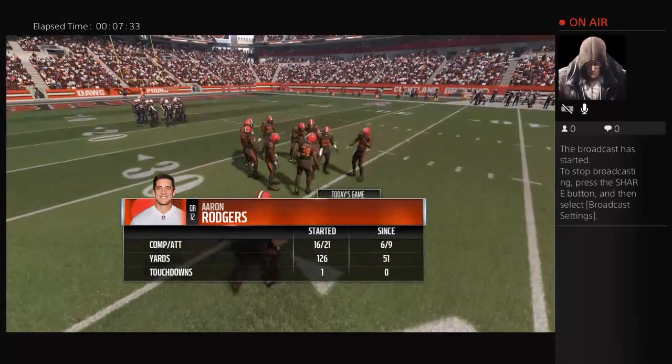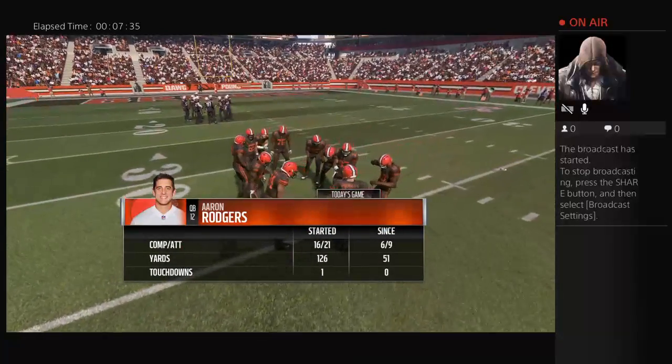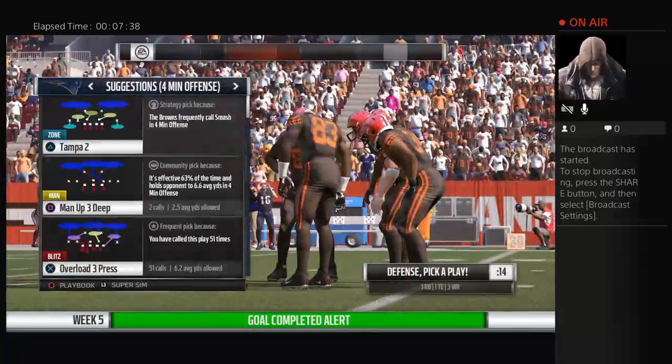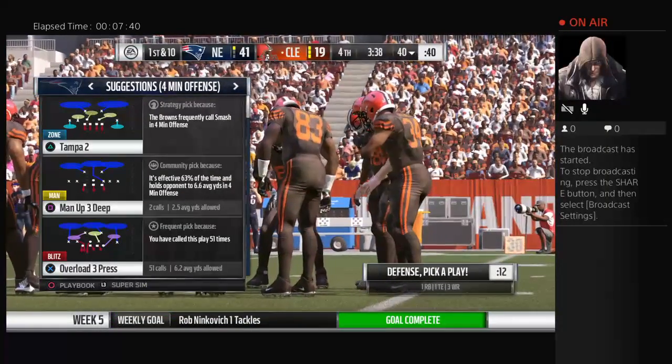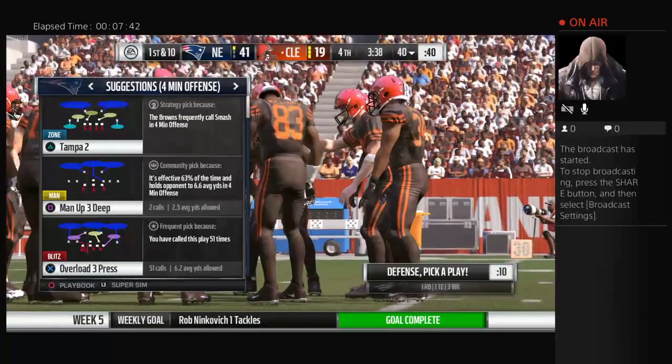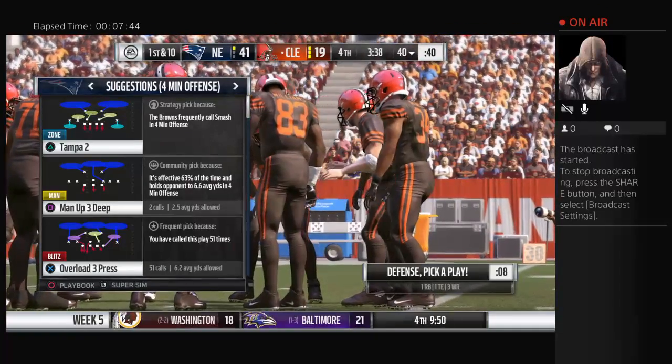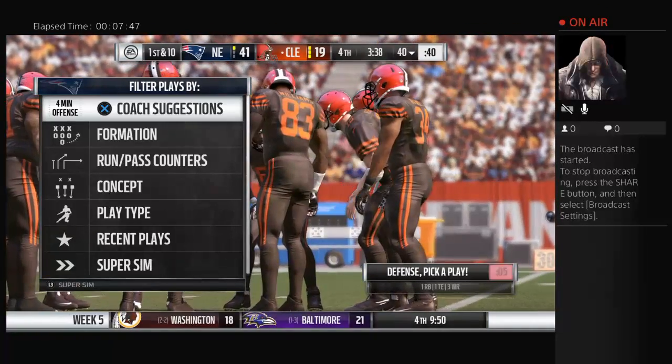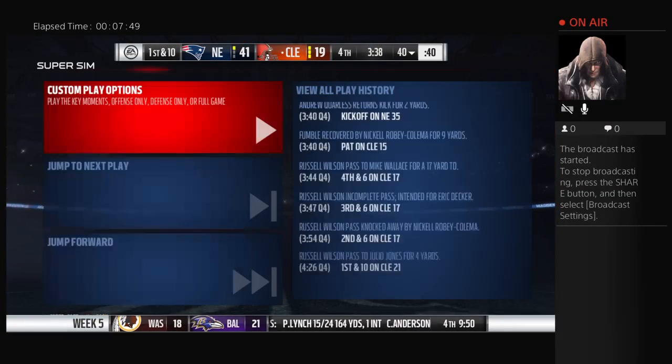Aaron Rodgers, he's getting ready to go again here on offense. And the stats on the screen tell the story. A great start. This defense, they've made some good adjustments, though. He's fallen off since. Have to like what they did at the half, but you also have to like the fact that they hung in there, despite the fact that